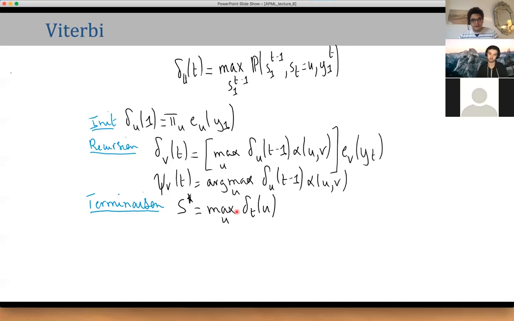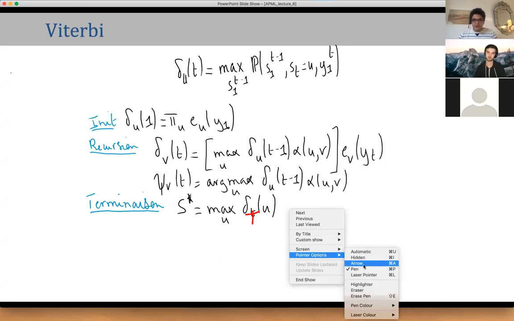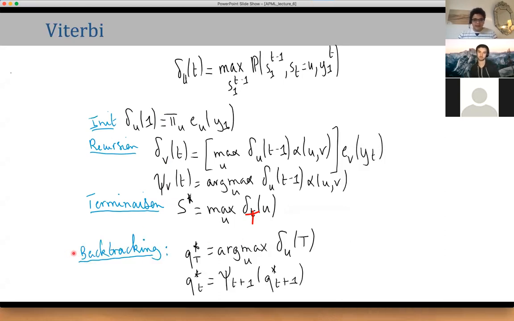First, you terminate your algorithm. So you compute the max values at the last position. I made a little typo here. So at capital T, position capital T. And then I backtrack. At the last position, I take the last state as the value which had the max score. And then I go back each time. I can go back to the best state at the previous position by using this backward pointer psi.